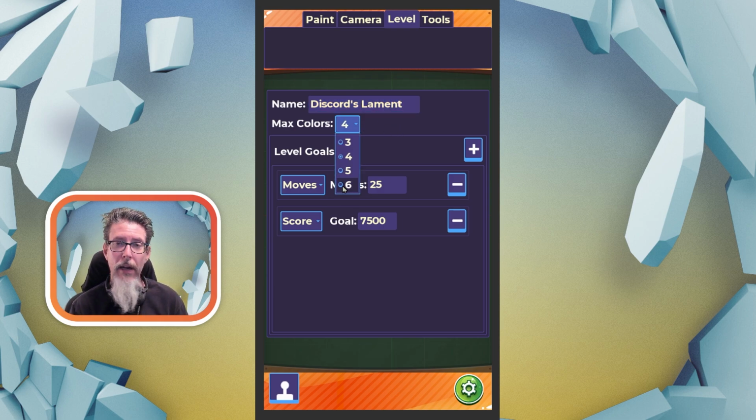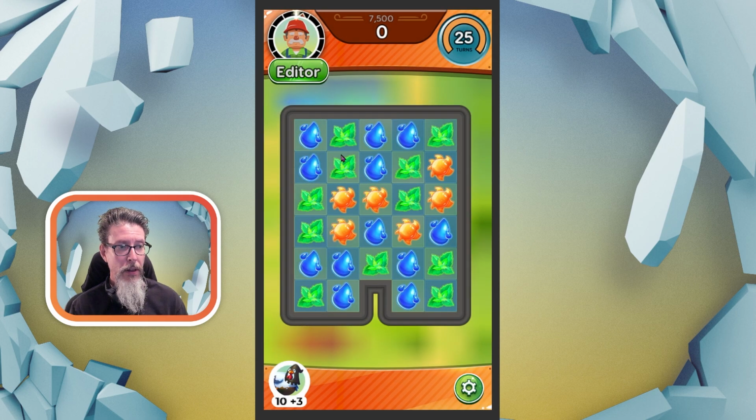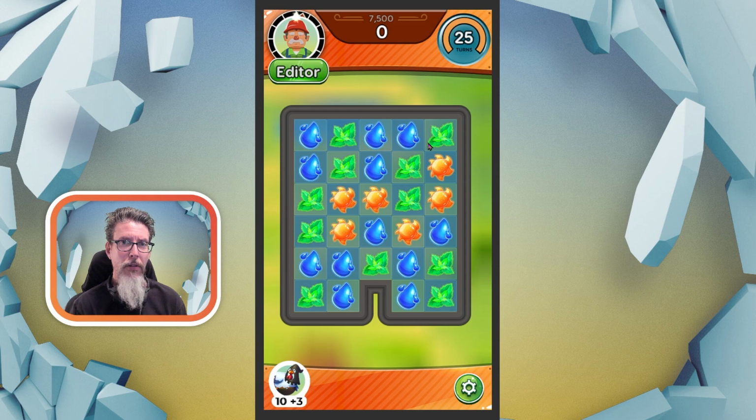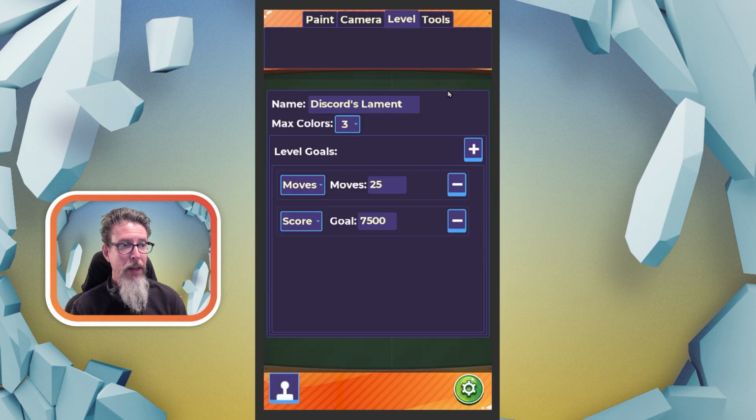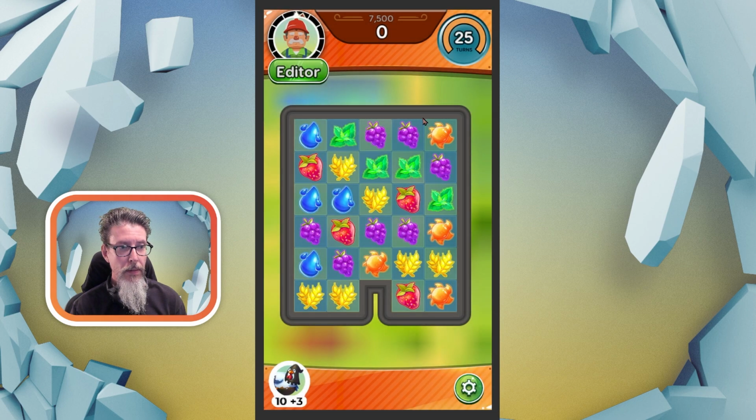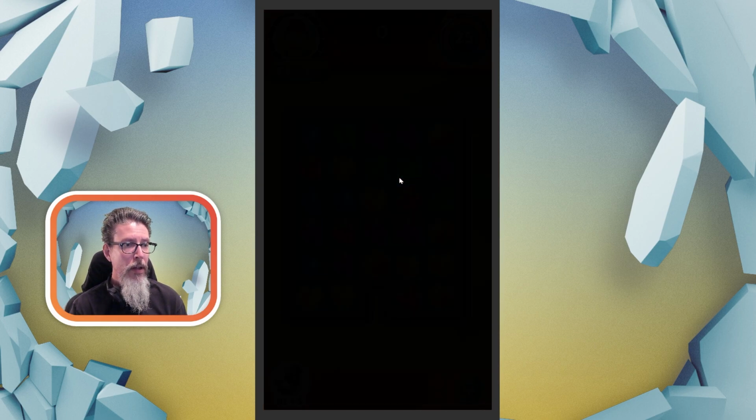I could pick how many colors I want to have appear on the board at one time, right? So if I pick 3 and jump in here, you can see this is a pretty easy board. And it's one of those levels that'll kind of play itself, right? Because there's not that many options for making matches. But if I want to see how else that would play out, I can go back and choose like 6 colors and then hop back in. I mean, with 6 colors, you see there's a lot less options to play with, and that's one of the ways